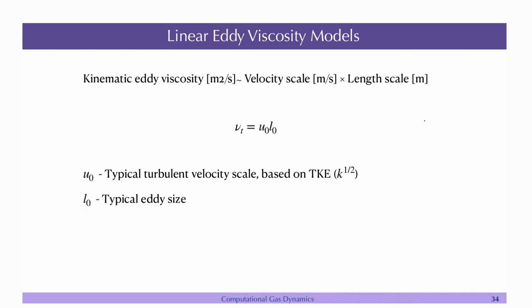or somehow construct 6 different equations. So, there are 6 stresses, which are basically u prime square bar, v prime square bar, w prime square bar. These are the Reynolds normal stresses, and u prime v prime bar, u prime w prime bar, and v prime w prime bar are the shear stresses. So, you will have to get 6 dynamical equations for all of these, because every iteration they will change,